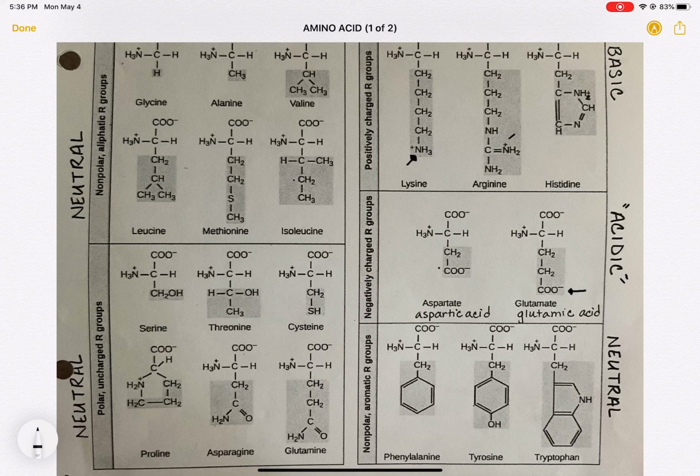Here's another nitrogen with a positive charge. There's another nitrogen with a positive charge. Those are all basic amino acids. Then there are amino acids that have an oxygen in them, like this guy right here. And this one also has a nitrogen. It's polar, but it doesn't have a COOH or a COO minus, so it's not acidic, it's not basic, it's